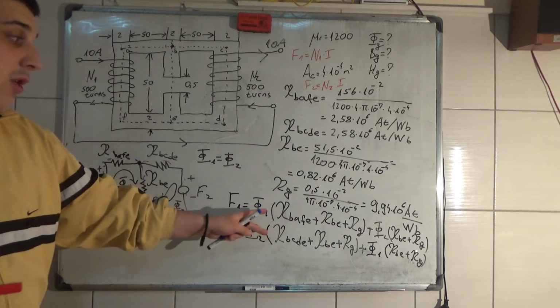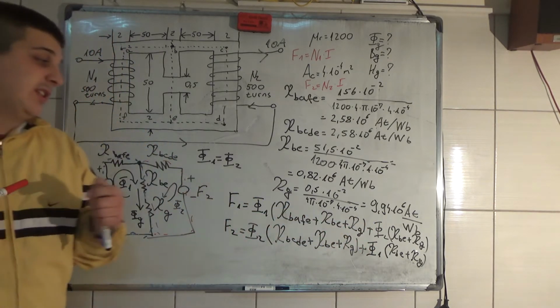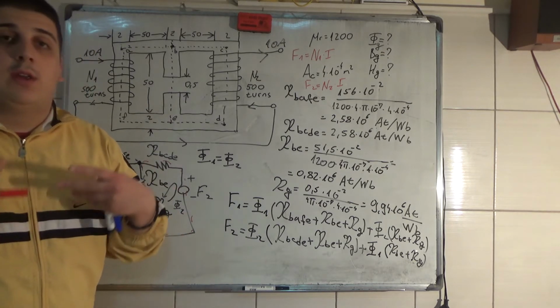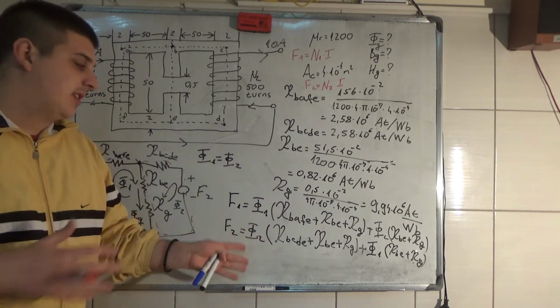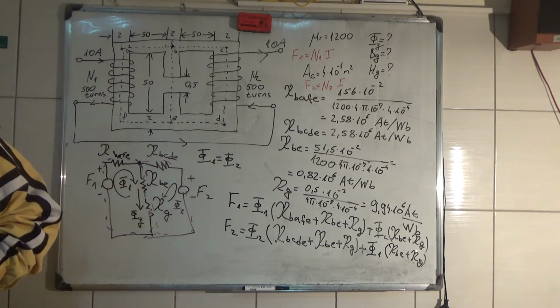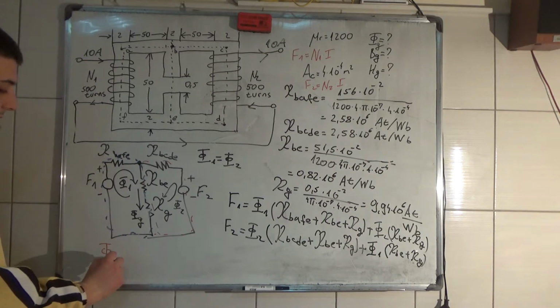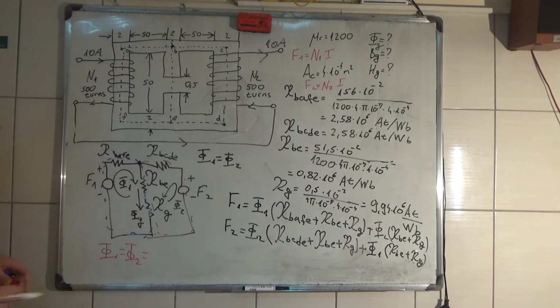You have all the values of the reluctances here, and I'm just going to skip the calculation of this. I'm just going to show you what we get for flux 1 and flux 2. This is a simple equation, but I'm gonna skip that, and you get flux 1 is equal to flux 2 and is equal to